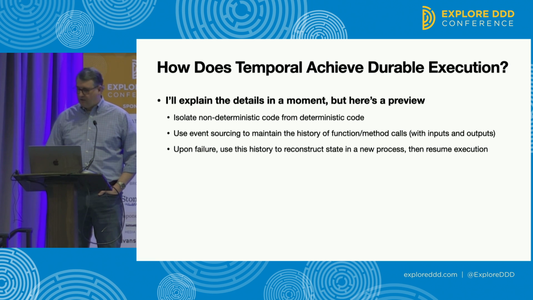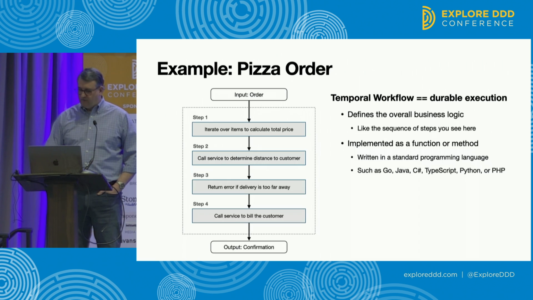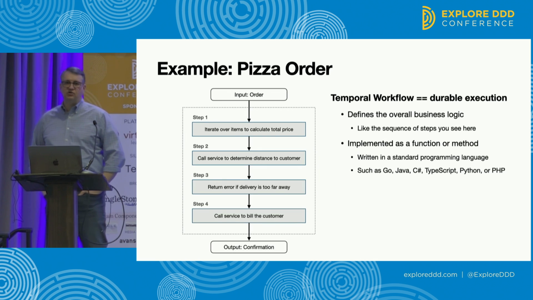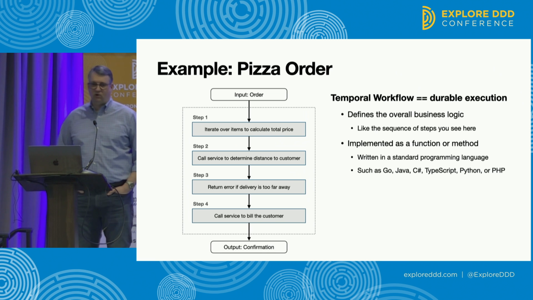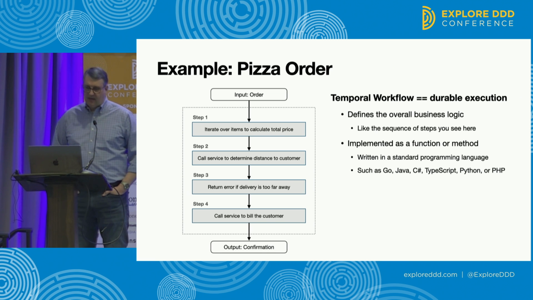And I'm going to explain how history replay works, but I'm going to describe this in a few iterations, because if I was to describe this all at once, your head would explode. So I've got to give you a little bit at a time and keep revisiting it. So I'm going to describe this with a specific example, like the world's simplest pizza order. Let's say that I own a pizza shop and an order comes in through my website.